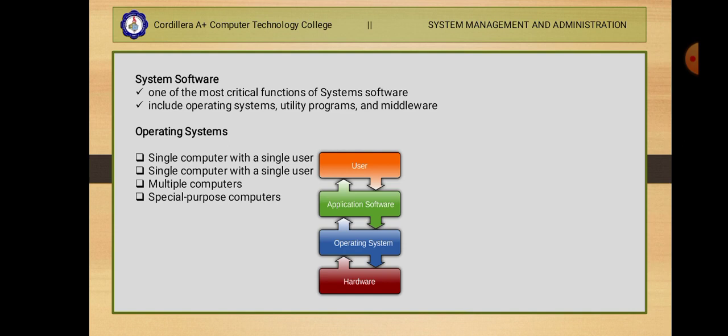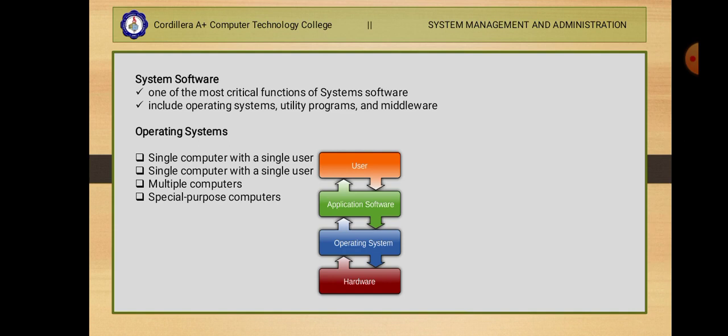You have the single computer with a single user. And you have multiple computers. Yung number 2 pala is single computer with multiple users. Tapos, for the number 3 is multiple computers and special purpose computers natin. Okay? So, yung single computer with a single user, yung system na yan is commonly